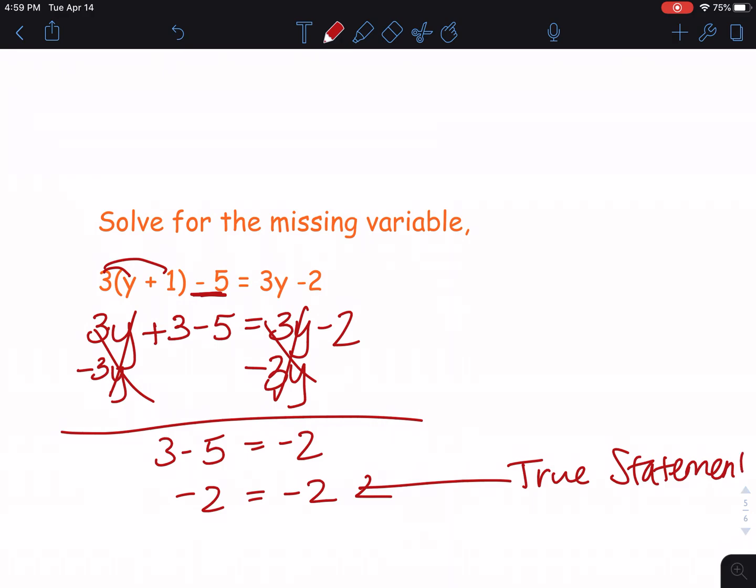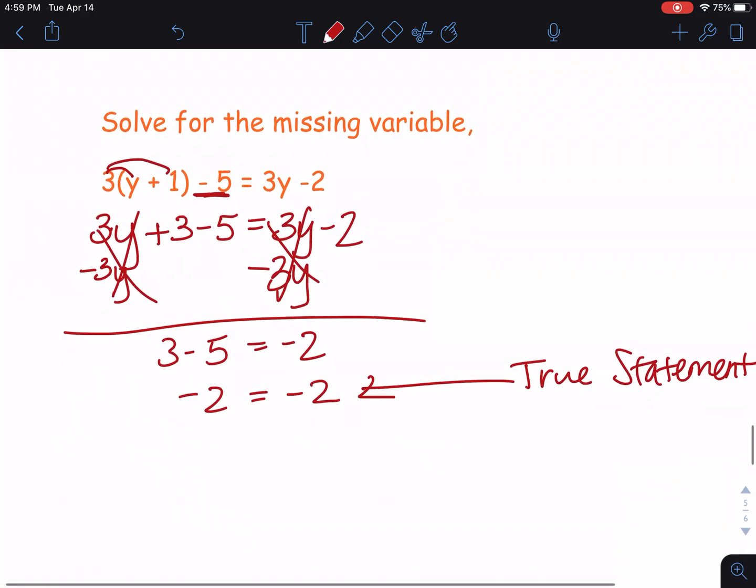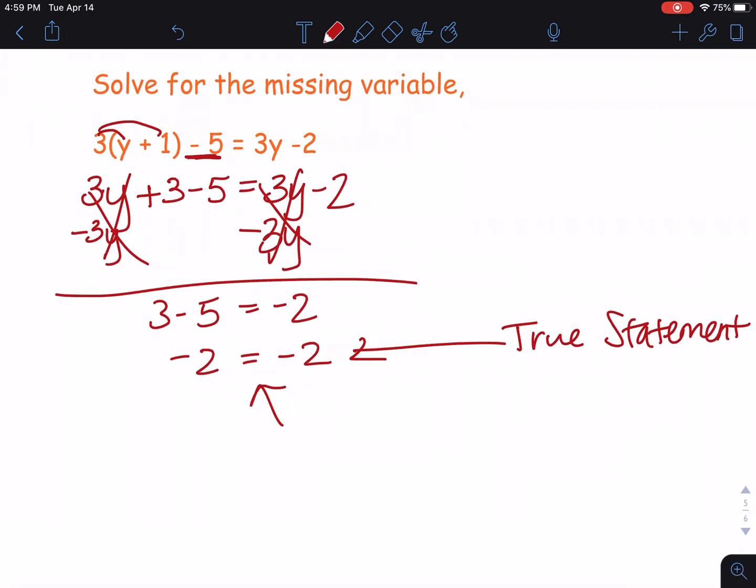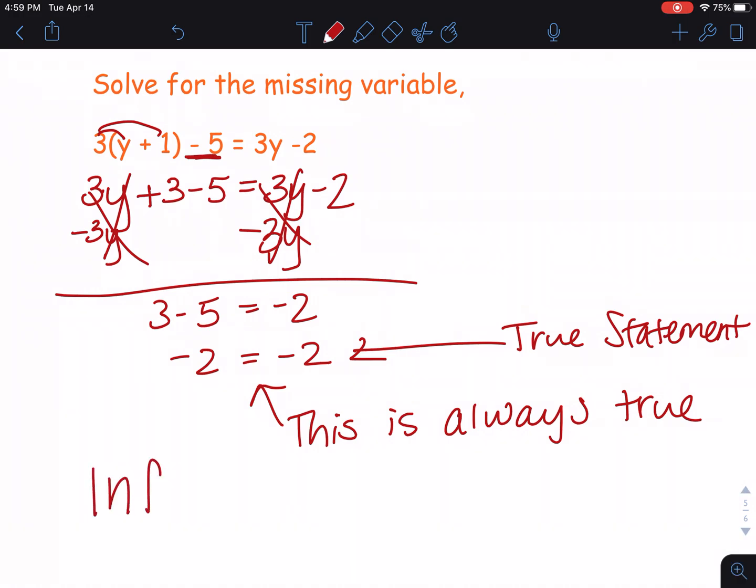So when my variables cancel out and I'm left with a true statement, I know that this is always true. Negative 2 will always equal negative 2. So when you have your variables cancel out on both sides and you're left with a true equation, a true statement that will always be true, then your answer is infinite solutions. So there are an infinite amount of